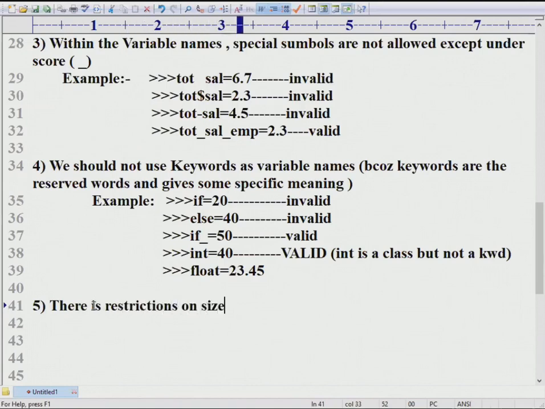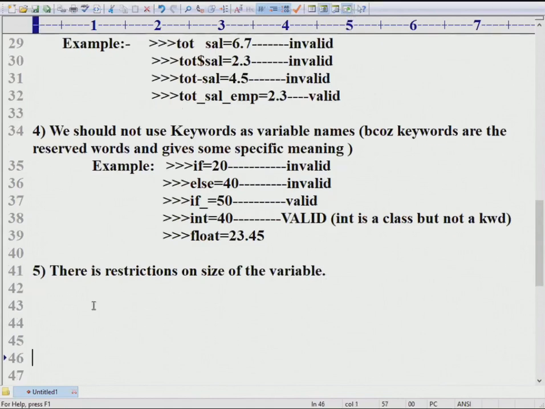And I always recommend, in the bracket I will write recommended, to take